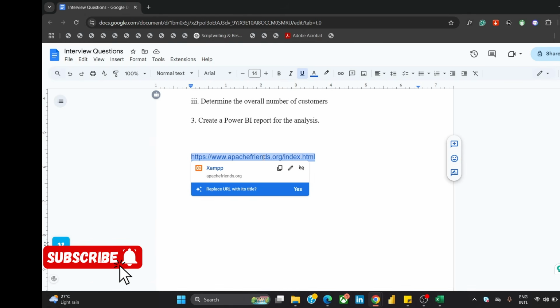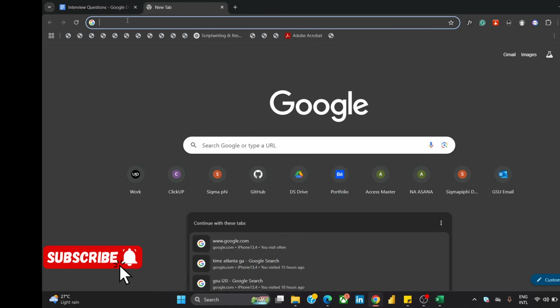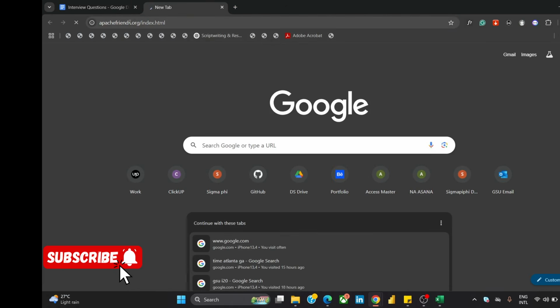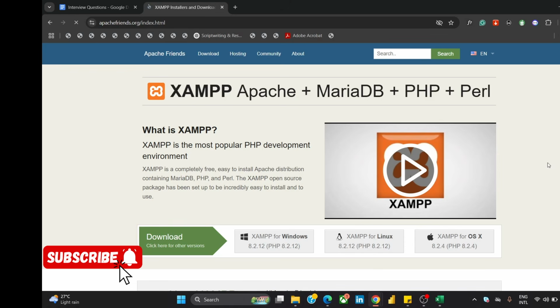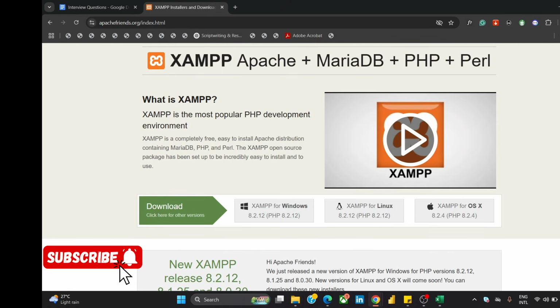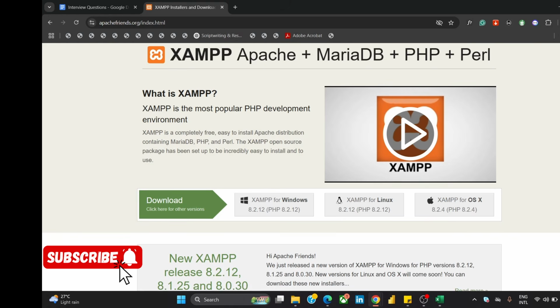Now, because I've already installed this, there will be no need for me to install it again. But I will just show you how to do it. Once you copy the link, you go over here and paste it, then you run it. Once that opens up, what you have to do is download the one that is suitable for your